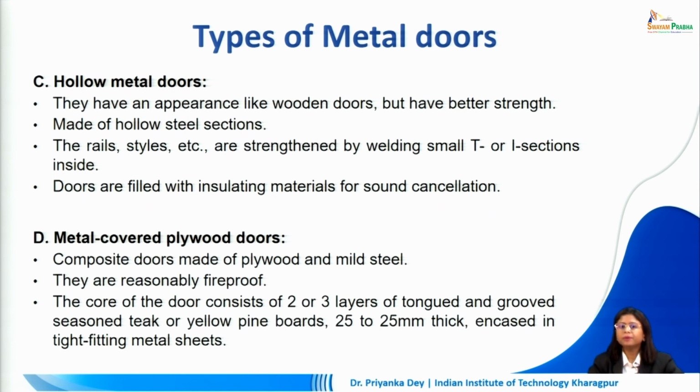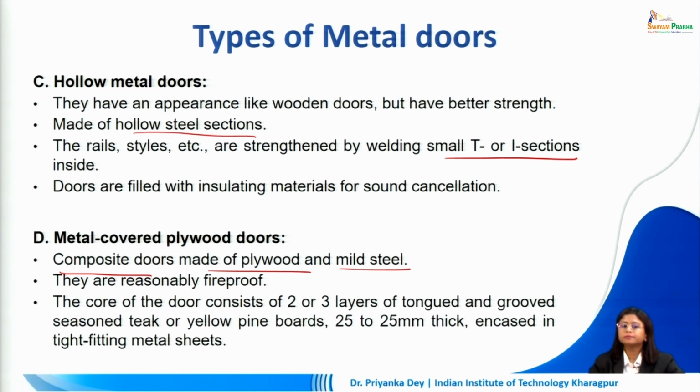strength. They are made up of hollow steel sections. The rails, stiles, etc. are strengthened by welding small T or I sections in the inside, and the doors are filled with insulating material for sound cancellation. The metal covered plywood doors are composite doors, which are made up of plywood and mild steel. They are reasonably fireproof. The plywood on its own would be inflammable, but because of this addition of metal, it becomes